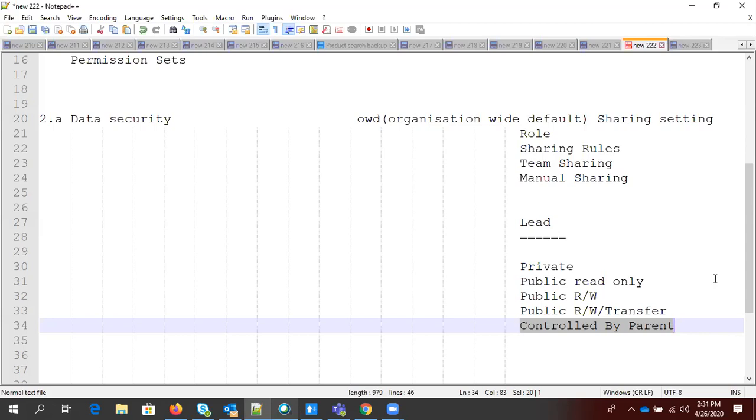A company can have multiple representatives. Contact is the people information, account is the company information. We have already discussed that. So if you set controlled by parent on contact, then whatever access level we have on account will be applicable on contact.